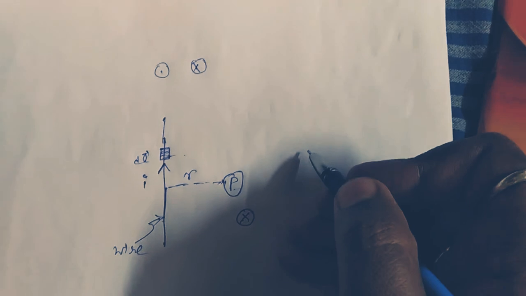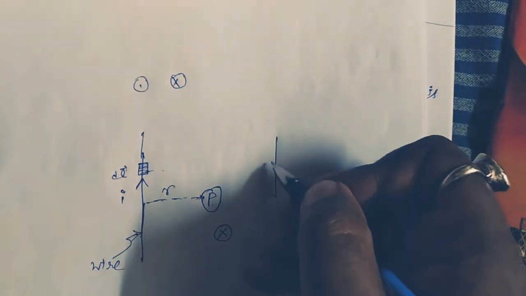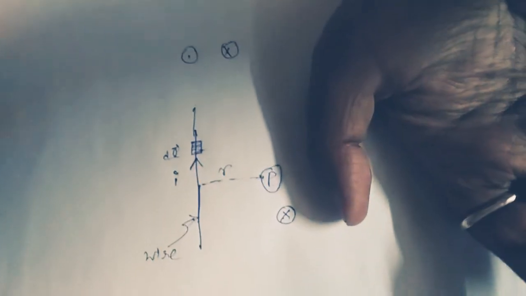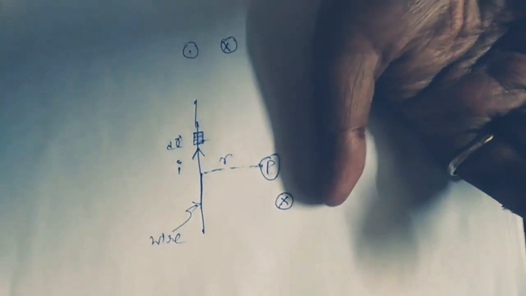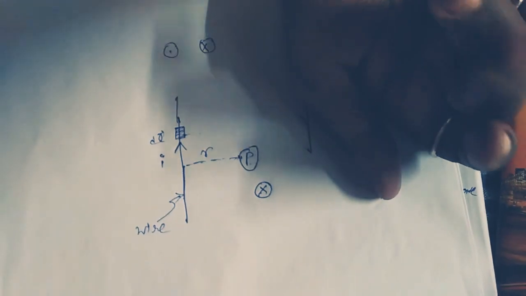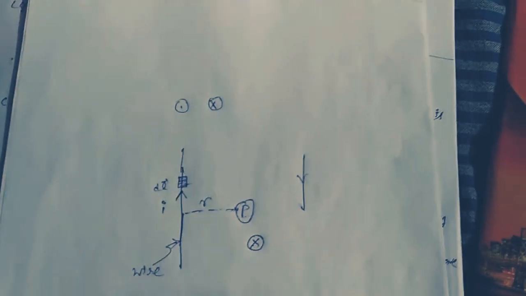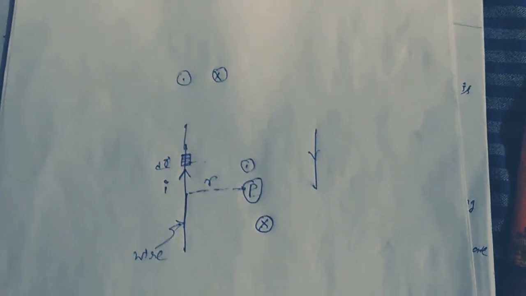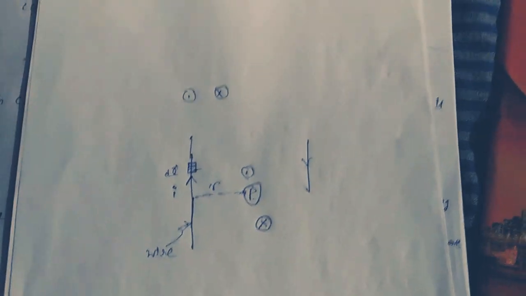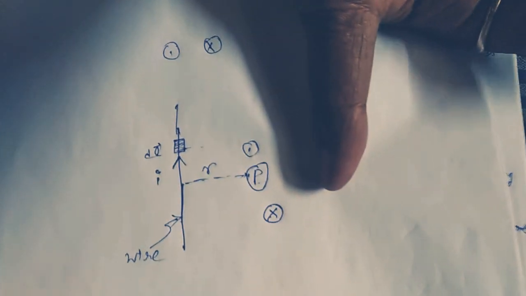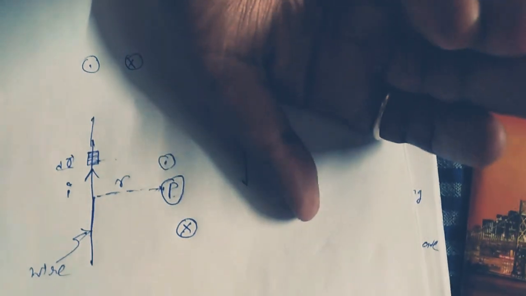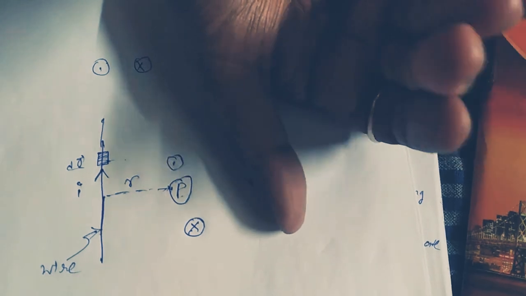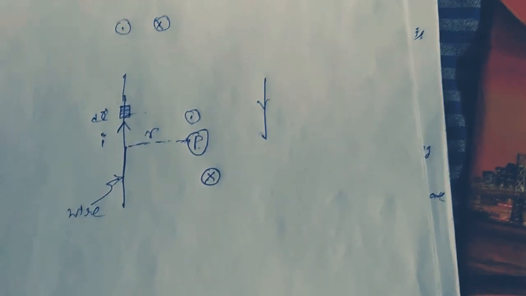But if you oppose the direction of current, that is here, it is the direction of current, here you keep the finger, then the magnetic field will be in the upward direction. Keep your finger here and keep your palm here, then the magnetic field direction will be upward. This is our part 1 lecture.